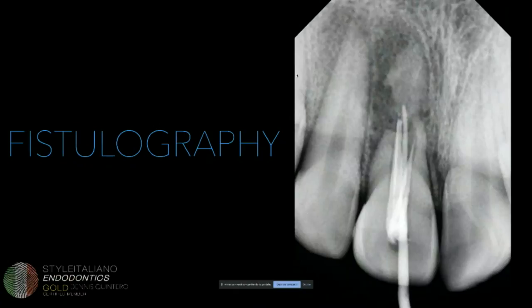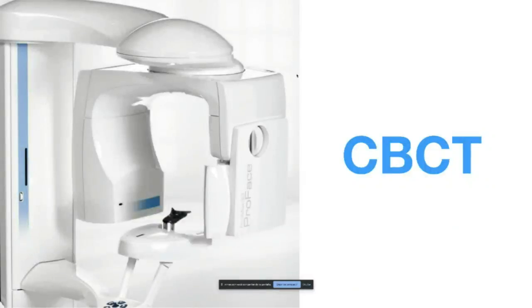So I made some vitality tests, and this tooth did not respond to the vitality test. So I also ordered a 3D X-ray to make the right diagnosis and see if we really have an affected tooth also at 1.2. So in this case, we made a CBCT,